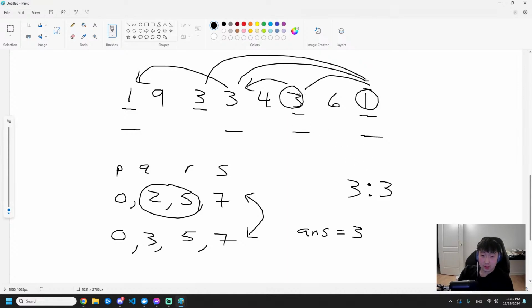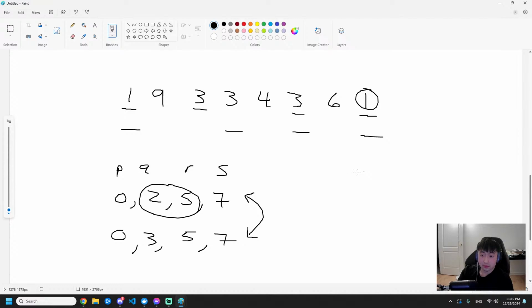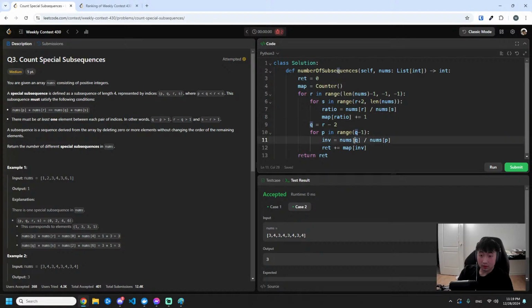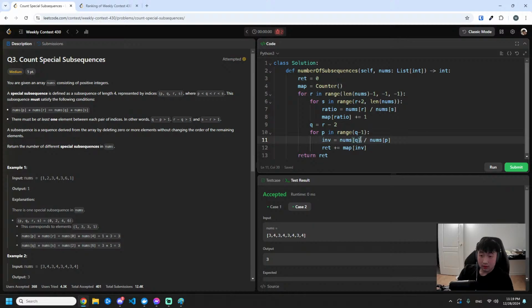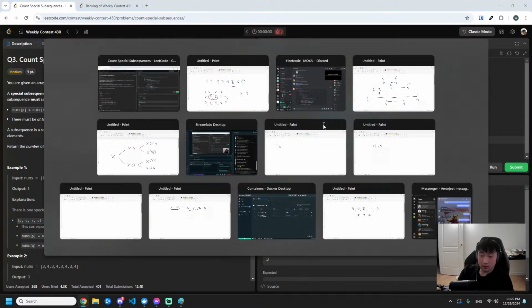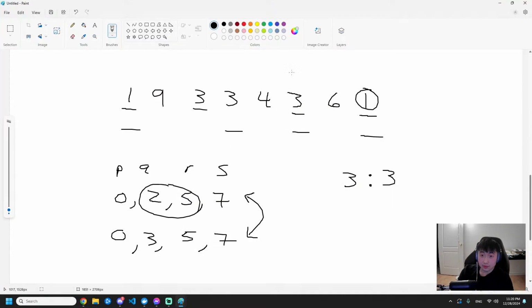Wait. For 3, for the map at ratio 3, there's 3 ways, right? We need P over Q equals S divided by R. Oh yes, Q over P. So Q over P for any. Yeah, so R is the third number. So let's